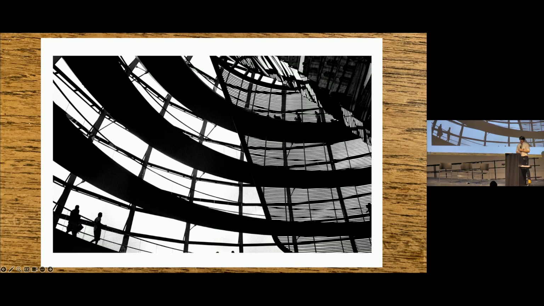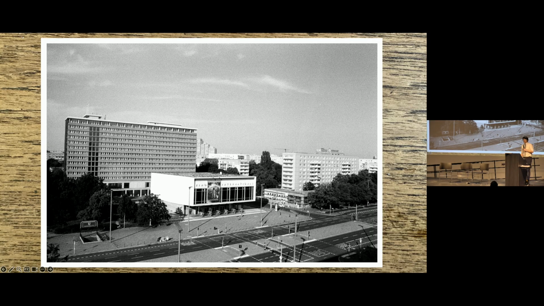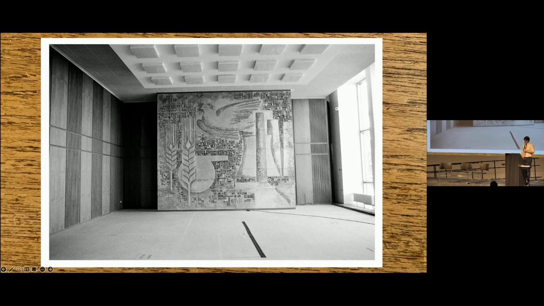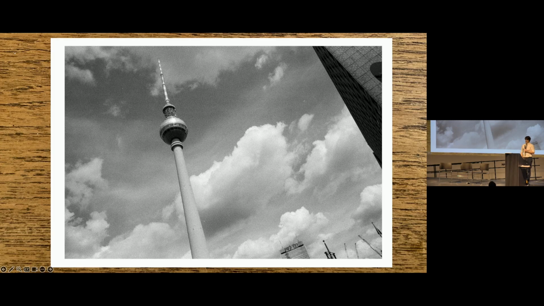The itinerary in Berlin is always completely jam-packed, trying to see as many things as possible, including going up the dome of Norman Foster's Reichstag building, seeing the Karl Marx Allee, the first street of socialism built in the 1950s, exploring buildings like the Staatsratsgebäude, the former seat of the East German government, seeing the Fernsehturm, East Berlin's iconic television tower, which is kind of a symbol of the former East Germany,